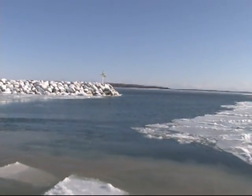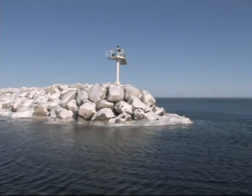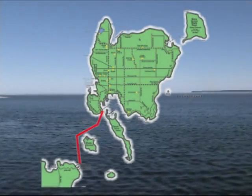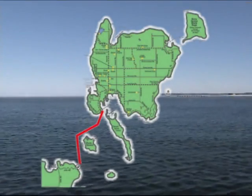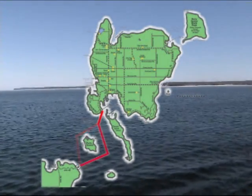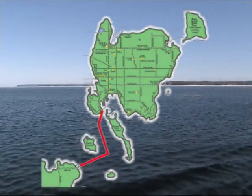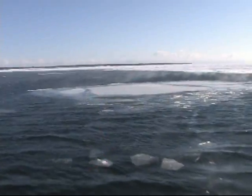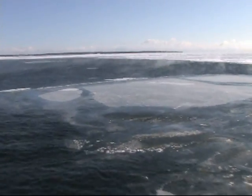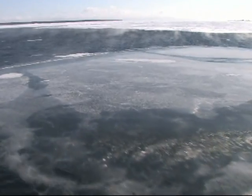Crossing Death's Door is usually about a 30-minute ride. The route from the Northport Ferry Dock typically takes passengers to the west of Plum Island in the warmer months of the year, but in the winter, the route often changes and follows the path to the east of Plum Island to take advantage of better ice conditions. The winter trip still takes around 30 minutes, depending on ice conditions, but because of the different route, it gives